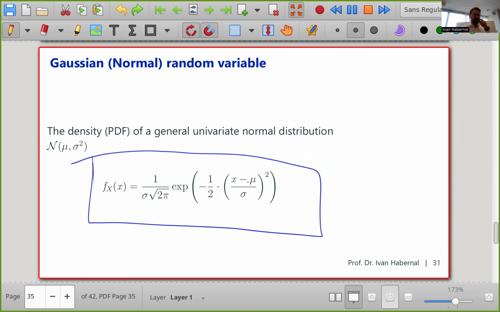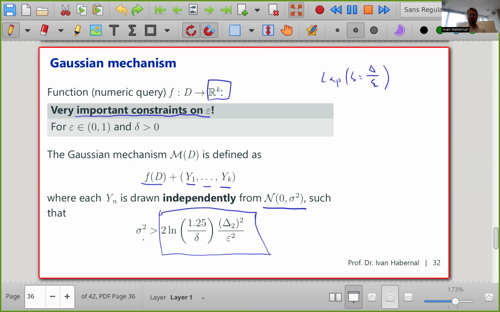So what does it mean? It means that the scale of the distribution behaves a little bit differently for the Gaussian than for the Laplace mechanism. So now it grows. There's a difference in the square thing. Anyway, just once again, if we have a query, for example,